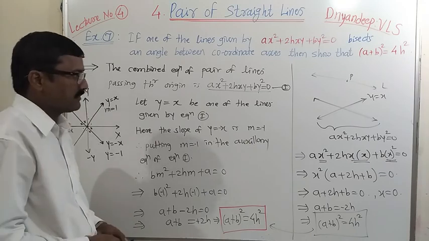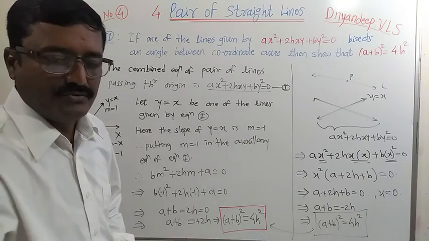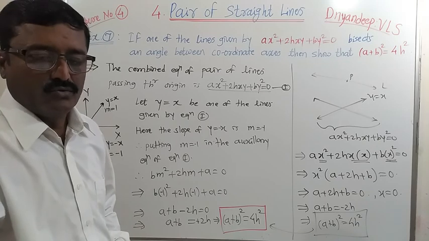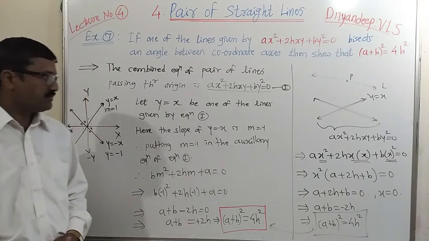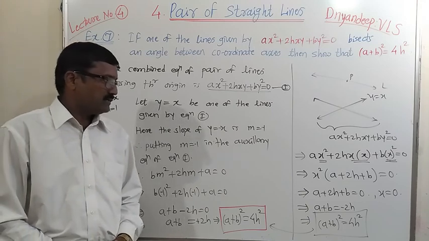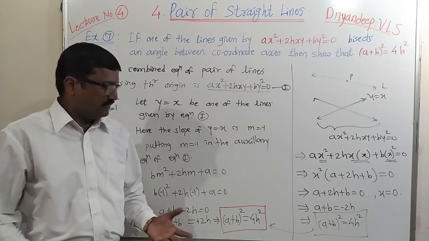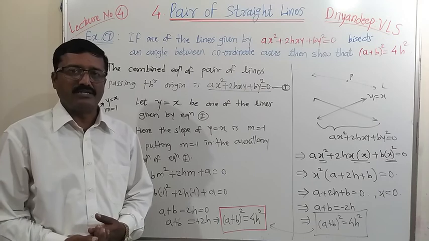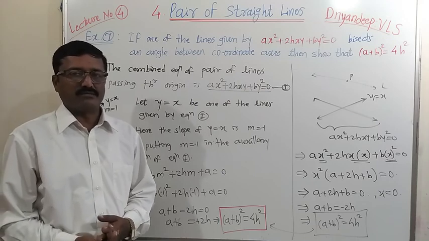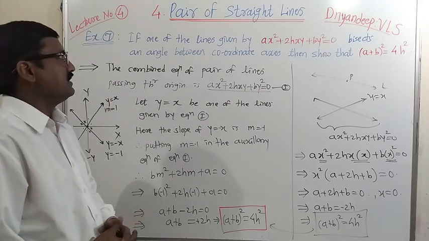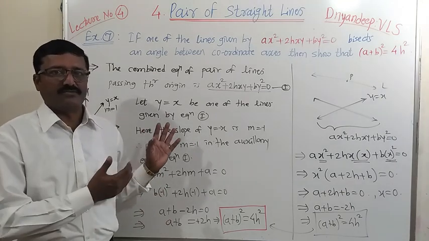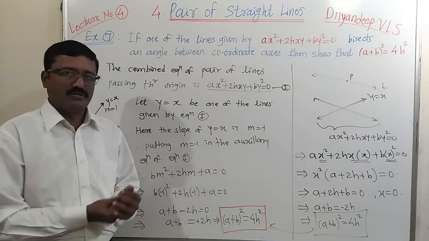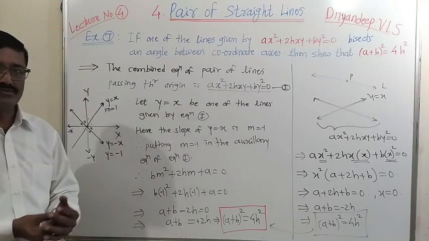So these are a few examples related to theorems 1, 2, 3, auxiliary equation, and sum of slopes, and a few examples based on the nature of lines. We will see those examples in our next lecture, because actually while learning the nature of lines, we have solved, I think, a few examples related to each case.